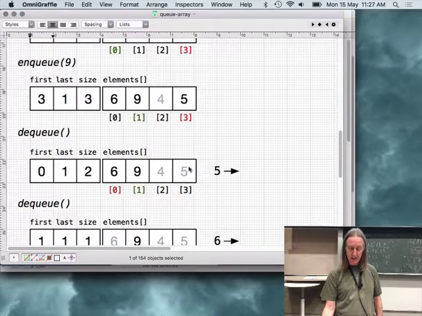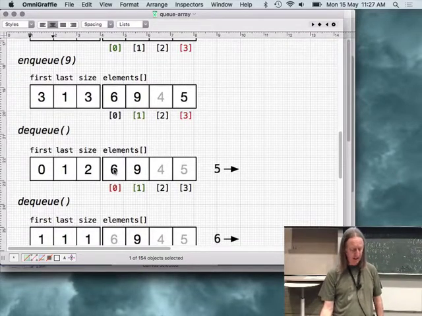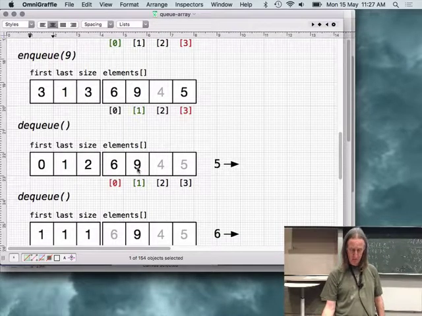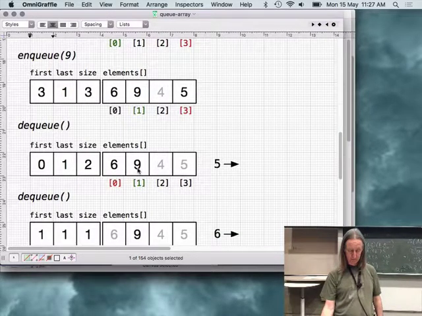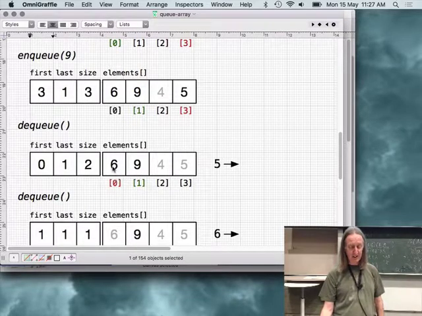Alright, if we dequeue, we take 5 out of the queue, we advance the head pointer. It was already at the end, so it wraps around. 6 is now the head of the queue. 5 was the head, so the head of the queue is now at position 0.